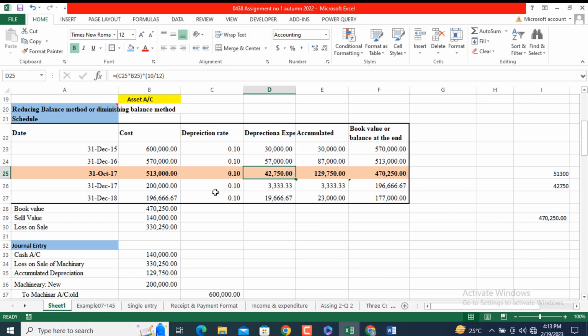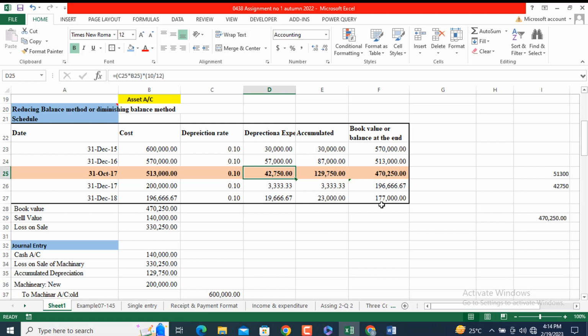use the same depreciation rate 0.10, and it is for the 2 months, so 3,333.33, and it is accumulated for the new machine is 3,333.33, and the remaining amount or book value is 196,667 approximately. So in the next year we are going to record it for the whole year. So for the whole year is 19,000 on the basis of this balance. So the book value of the asset at the end of the year 31st to